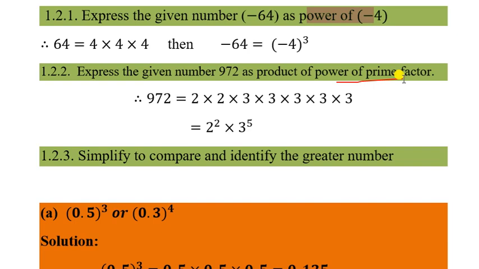That means now you can factorize your given number as you wish. Prime factors. So if we factorize 972, we'll get 2 into 2, and 3 into 3 into 3 into 3 into 3. You have to factorize this by LCM. So how many times is 2 present? 2 is present 2 times, so 2 to the power 2, and 3 is present 5 times, so 3 to the power 5. It's simple, easy. In this way you have to present all the given numbers.